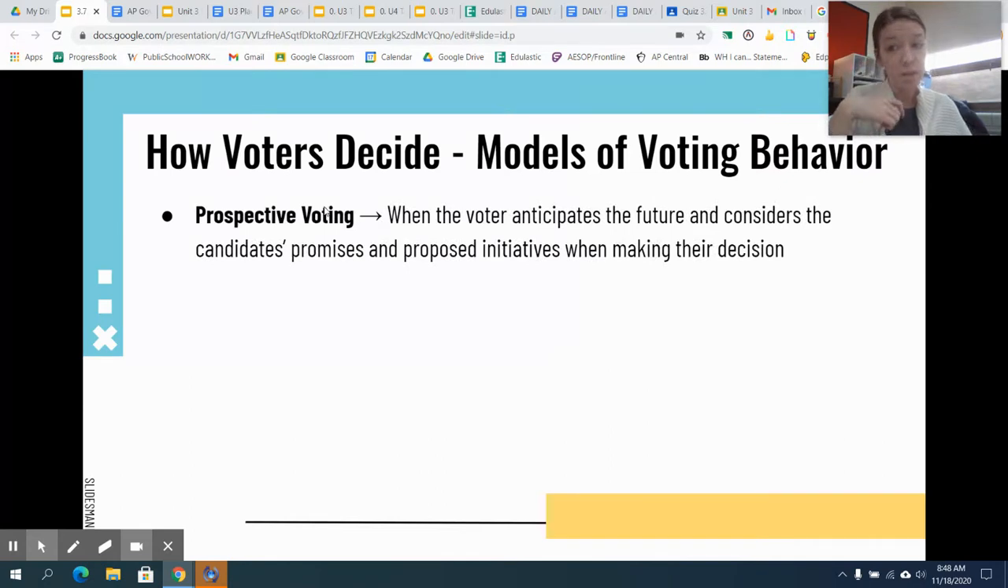Now, opposite of retrospective is prospective voting. You're looking at the prospects of the candidate. The voter is going to anticipate the future. They'll consider what the candidate is promising, any proposed initiatives that they have when making their decision in terms of who to vote for. So one of the biggest examples that I can think of in modern, like the last